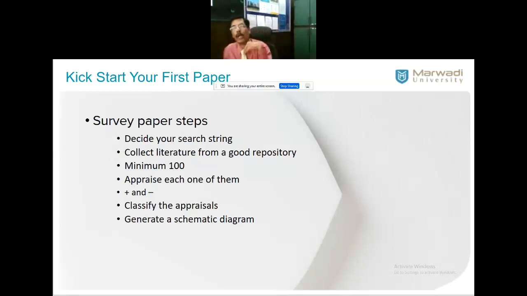So you have to do the appraisal. We all know self-appraisal, right? What I did, what I didn't do, where the areas of improvement are, before the increment happens. So we do self-appraisal. Now you want to be a critic. You want to appraise each and every paper. 100 papers you have collected, you have to write an appraisal for them. What is appraisal? Only two things an appraisal will have. Number one, what is the contribution of this paper, what the authors are trying to contribute.